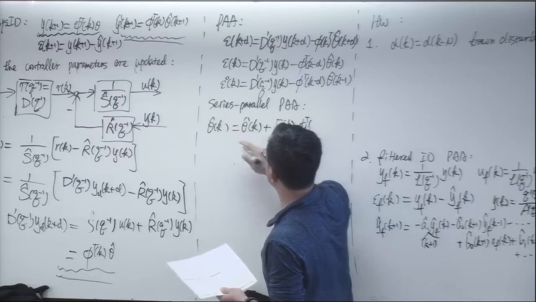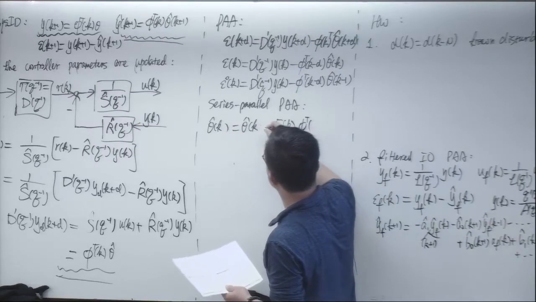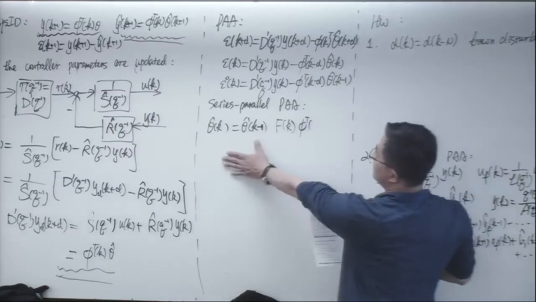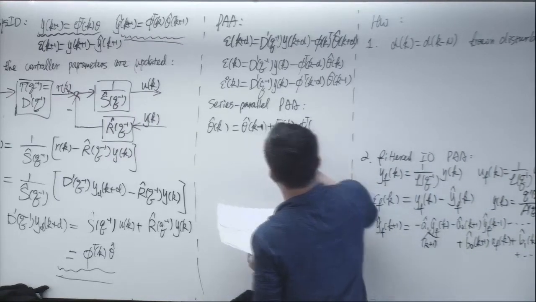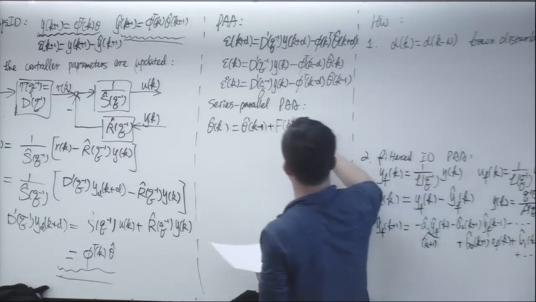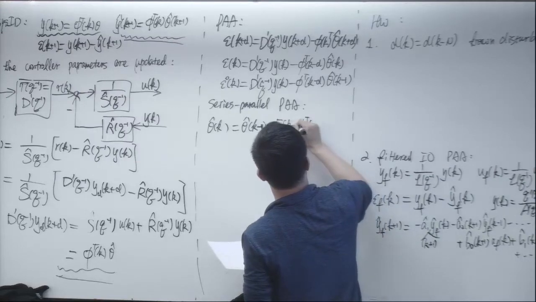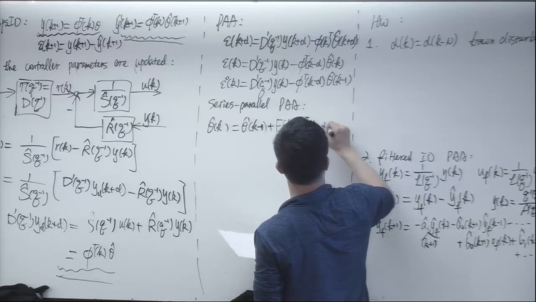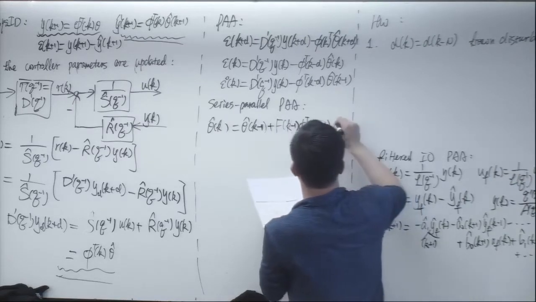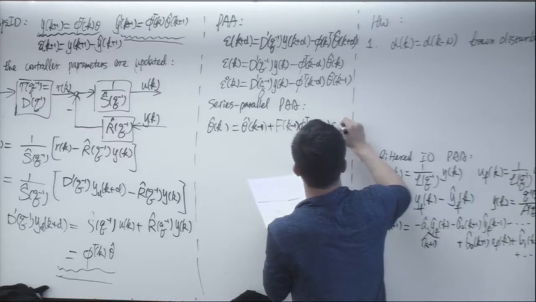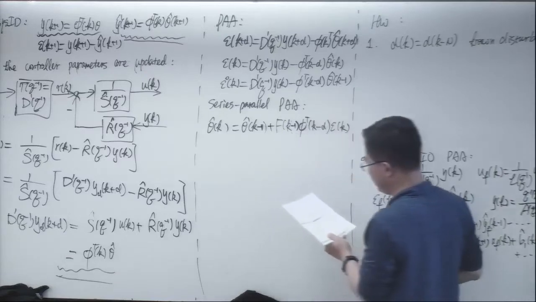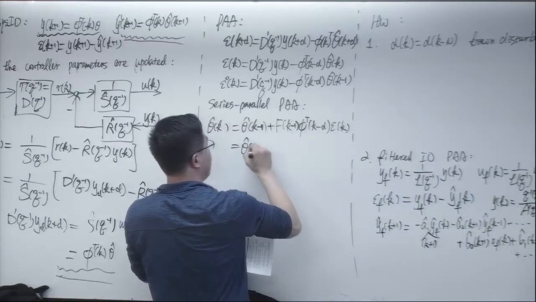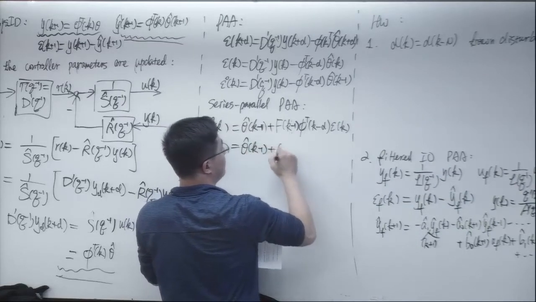Theta hat k is updated by theta hat k minus 1 plus F k minus 1 phi k minus d, and then epsilon k. This is the a posteriori, and the a priori update law is